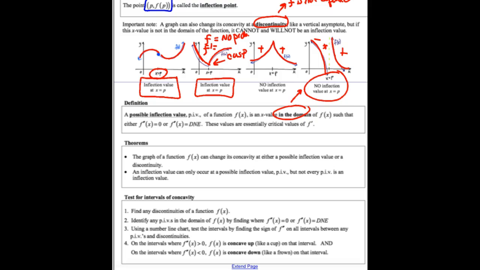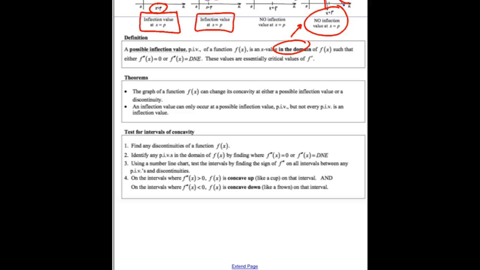So let's talk about how we test our intervals. So the first thing we do is we find any issues with f itself, and we make a sign line, and we say that on f,